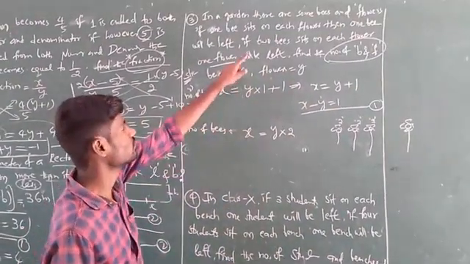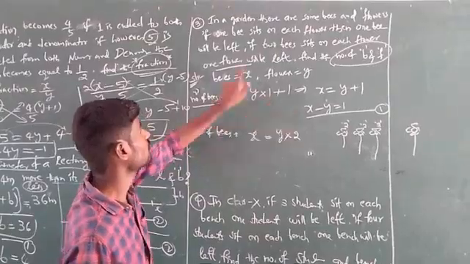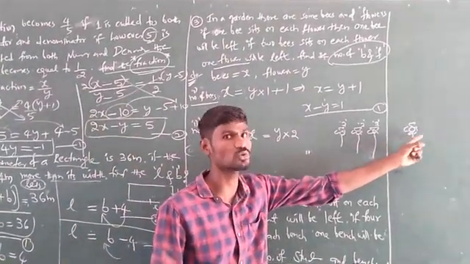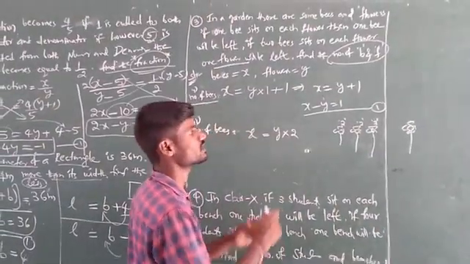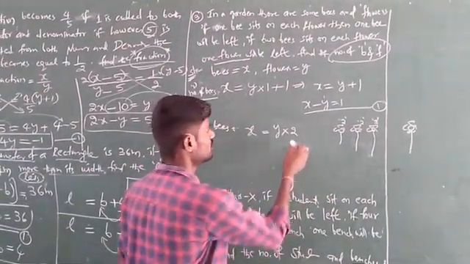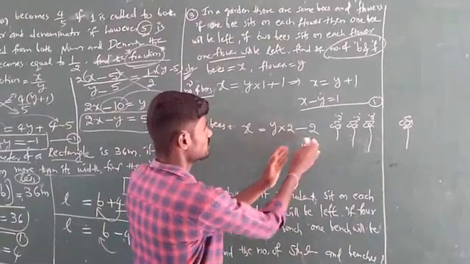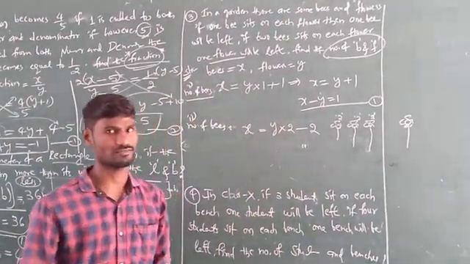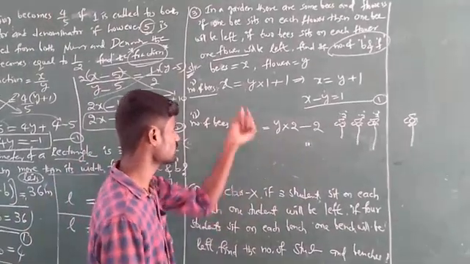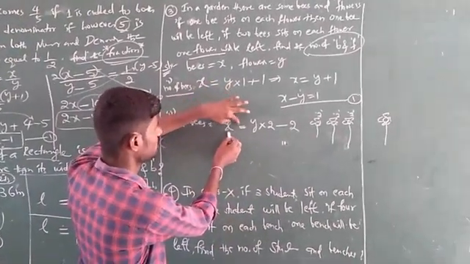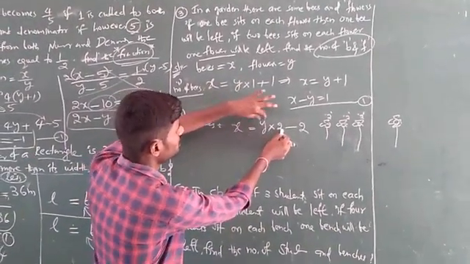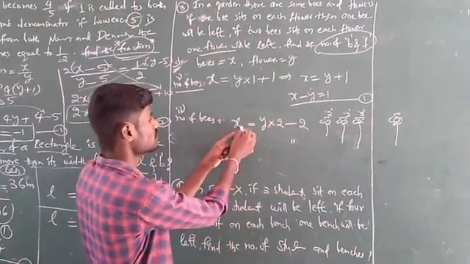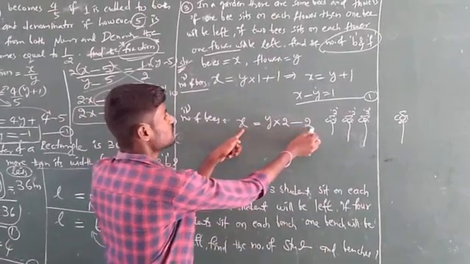Okay. So if 2 bees sit on each flower, one flower will be left. It means 2 extra bees. If you remove those 2 extra bees, that is, if you subtract those 2 bees, that is equal to the number of bees. That is the meaning. Have you understood? Don't get confused. The number of bees x is 2 bees on each flower, and one flower will be left. But here the description is about bees, so it should also be converted into bees.